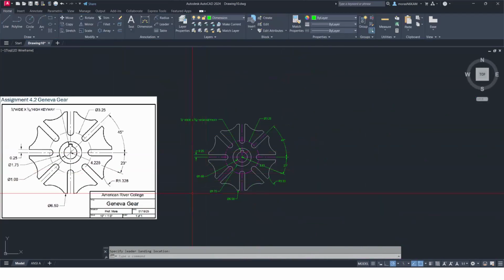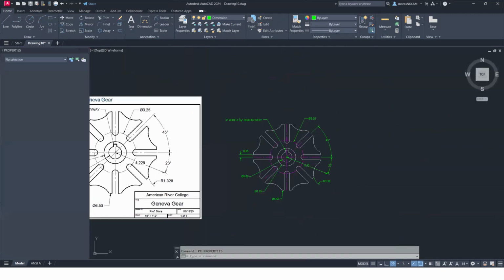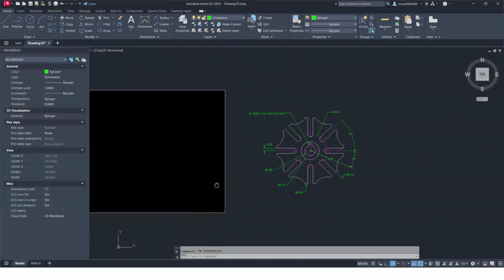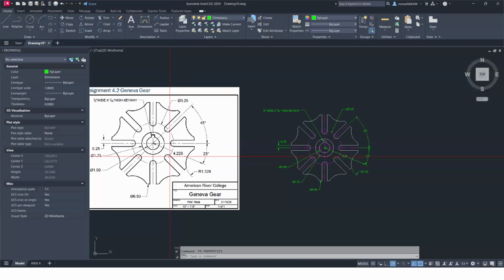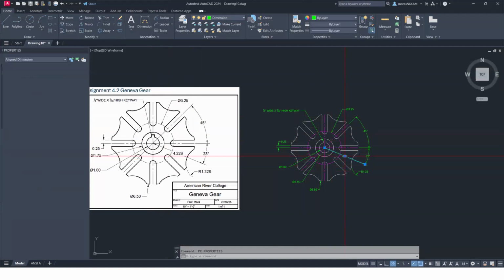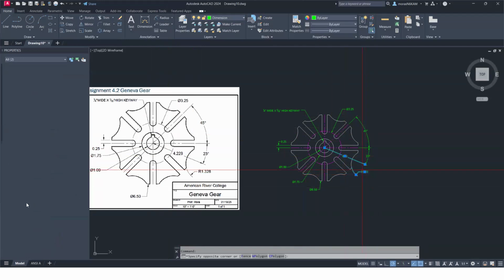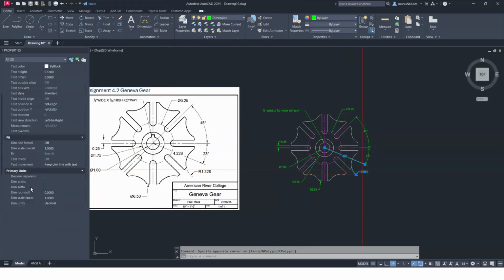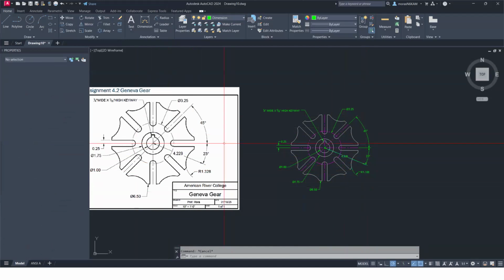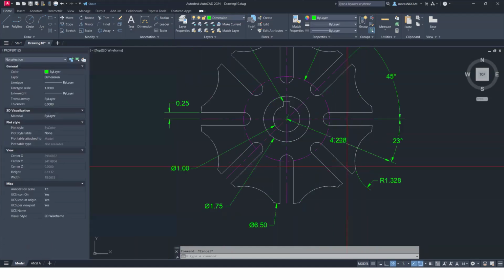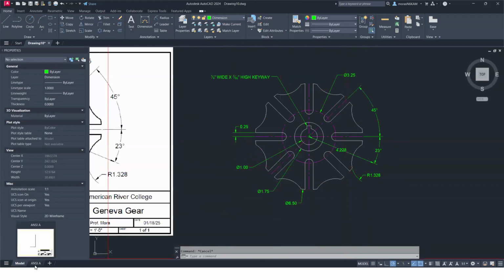Okay, and then now I just need to open up the properties palette so I can change the precision for some of these dimensions. So it looks like just these two. This one here and this one. Primary units, precision, 3 decimal places. All right, and then now I'm going to